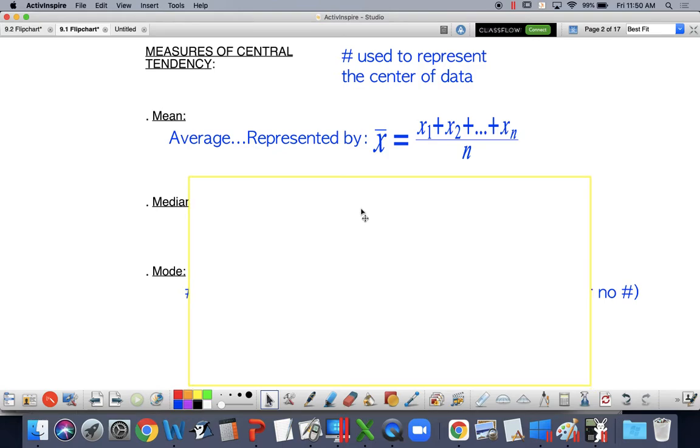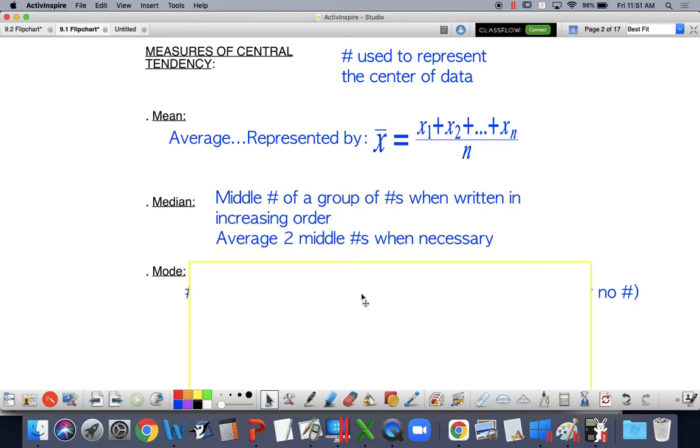The first is the mean, okay? When people say the average, we assume that they're talking about the mean, but sometimes they're not. These are all measures of central tendency. We could refer to all of them as average. So what you see is x with this little bar over it. That's the fancy way that we identify that this is the mean. All you do is add up each one of your data points and divide by the number of data points in your data set. I think we all here have probably calculated the mean at some point in our lives, so not too bad.